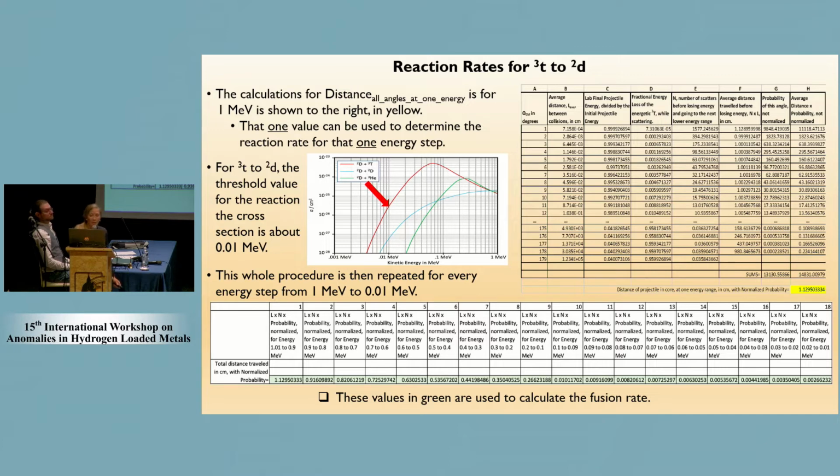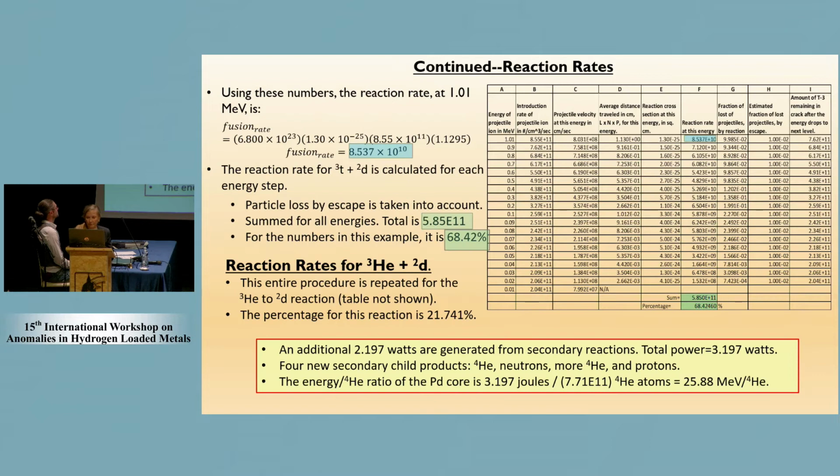Not very bright green, but that is supposed to be green. We use these steps at the bottom of the table to calculate the fusion reaction rates. The reaction rate for the T3 to D2 reaction is calculated for each energy step, then summed for all energies. For the numbers used in this example, the reaction rate is